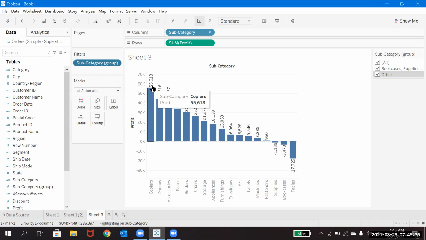If you would like to check this, maybe I don't know whether you are aware of Excel, if you open the sample superstore data in your system, you can try pivot tables, put everything, and cross check whether these values are correct or not.